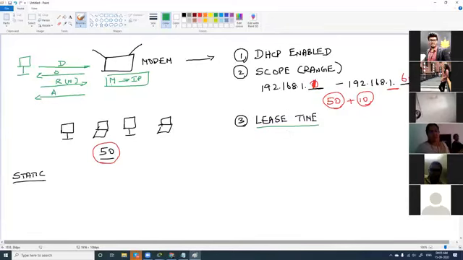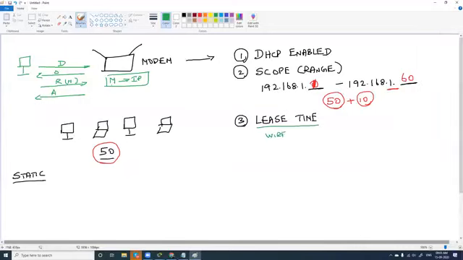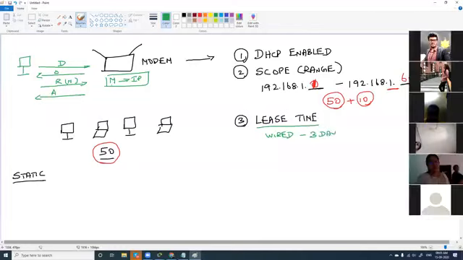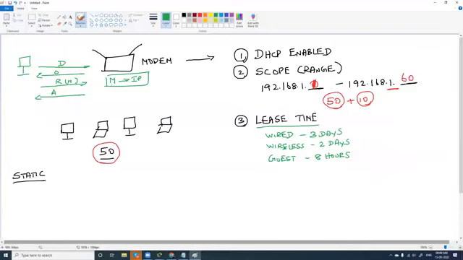Usually for a wired connection, it can be for like 3 days. For wireless, for Wi-Fi connections, it can be for 2 days. You can change this value. And for guest users, you will have it for 8 hours. This value is changeable. You can change these values as per your need. Fine. When you understand lease time, now you will know